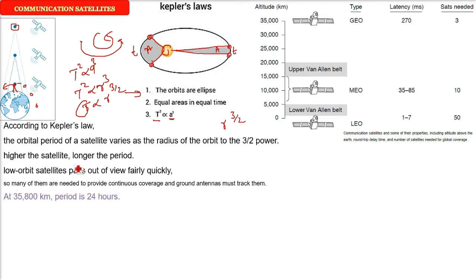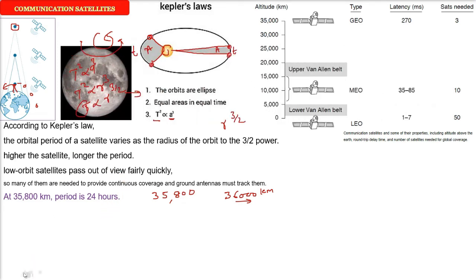Let me give you numbers now. This is 36,000 to remember, but to be precise, it is 35,786. So 35,800 here, but the exact number is 35,786. The period is 24 hours. That is, it will take 24 hours to complete its orbit if it is at a distance of 36,000 kilometers from the Earth's surface. That is called the geostationary satellite or geosynchronous satellite, because it takes the same time as the Earth takes to revolve